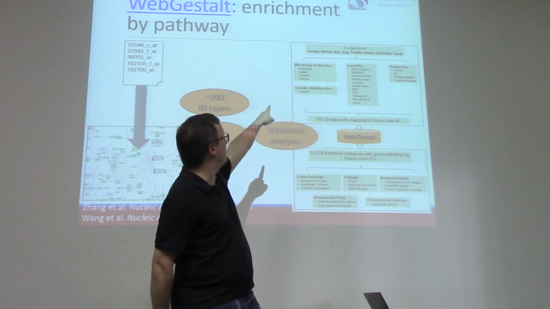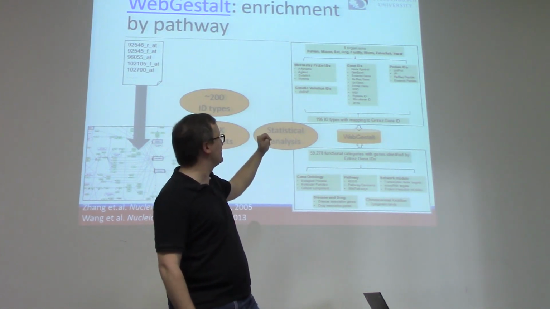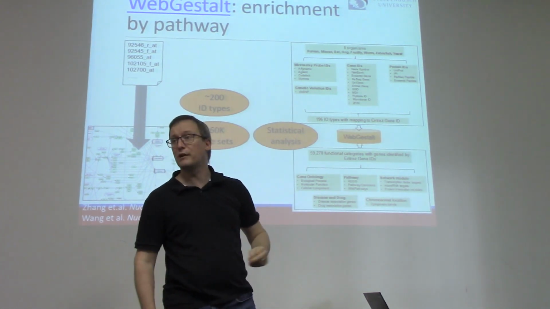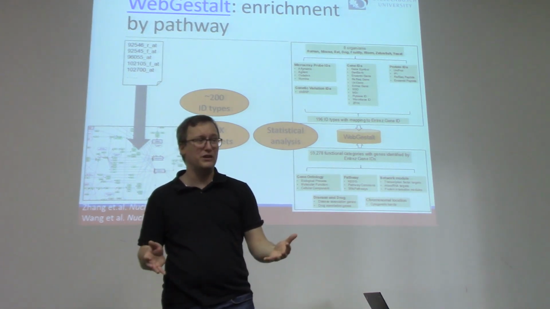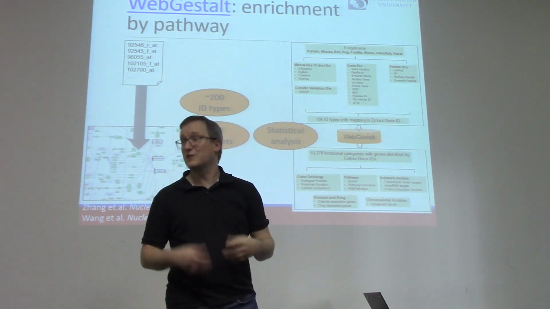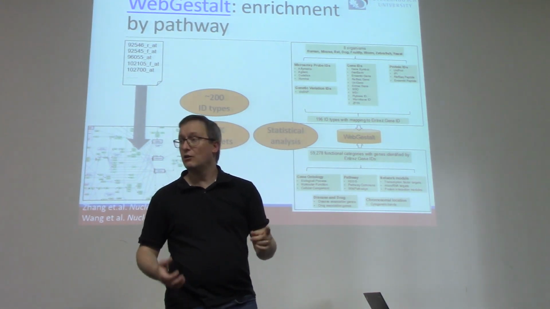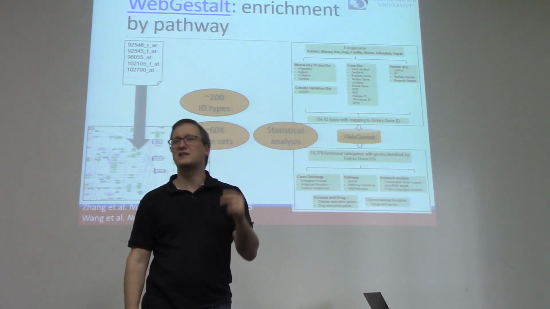We can see that there's quite a few that are available to us. Just in microarrays, we have Affymetrix arrays, Agilent arrays, CodeLink arrays, Illumina arrays. All of these use different addresses to specify what each probe on the microarray means. So the ability to translate those to genes is one of the first things that WebGestalt does. One of the features that I really, really love about WebGestalt is that it tells you how successful that step